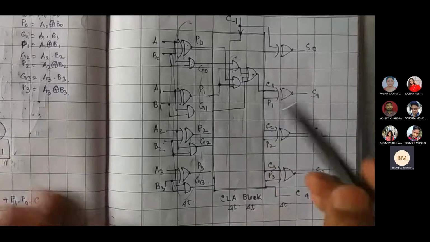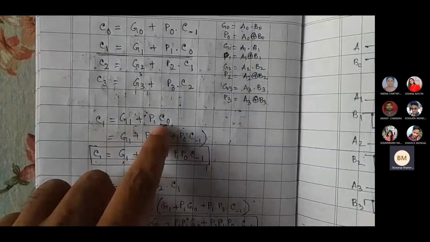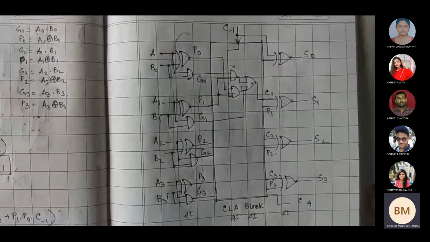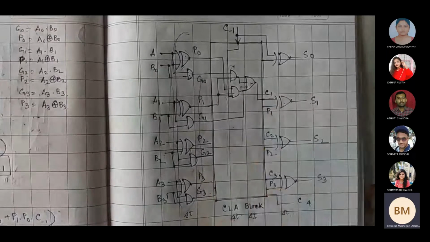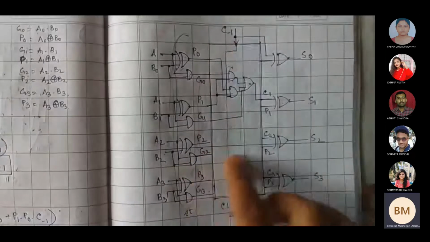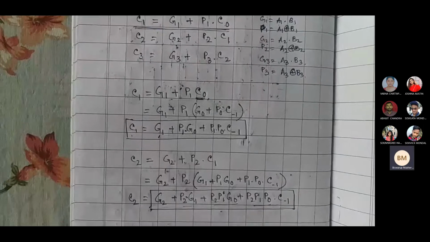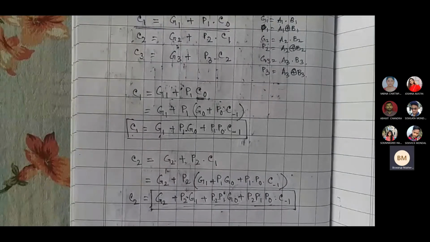Don't go for this one যে স্যার এখানে এত কমপ্লেক্স সার্কিট করার থেকে why not we use this one, that C1 is generated from C0. Why shouldn't we use that one? No, we are not going to use that one. আমরা ওটা ইউজ করব না। We are going to make C1 right from C-1. We are going to make C2 right from C-1. মানে C-1 থেকে যেটা ইনিশিয়ালি আমার এসেছে সেখান থেকেই আমি বের করব। আমরা সেখান থেকেই ওটাকে বের করব, তার আগের থেকে নয়। মানে just not from any serial operation.